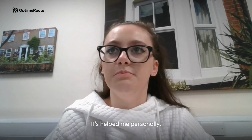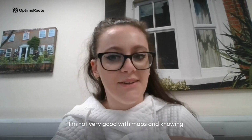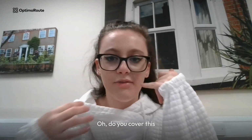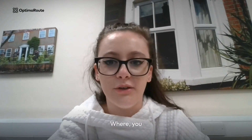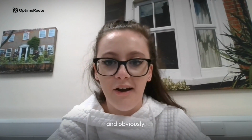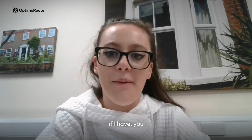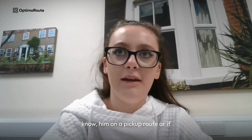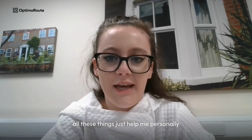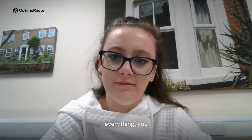It's helped me personally. I'm not very good with maps and knowing directions, so when customers come to me and ask, do you cover this area, do you have this postcode, OptimoRoute really helps me find things, and it shows me then and there if I have a driver in that area, if I have him on a pickup route, or if I have him on a delivery route. All these things help me personally, and as a business, everything runs smoothly